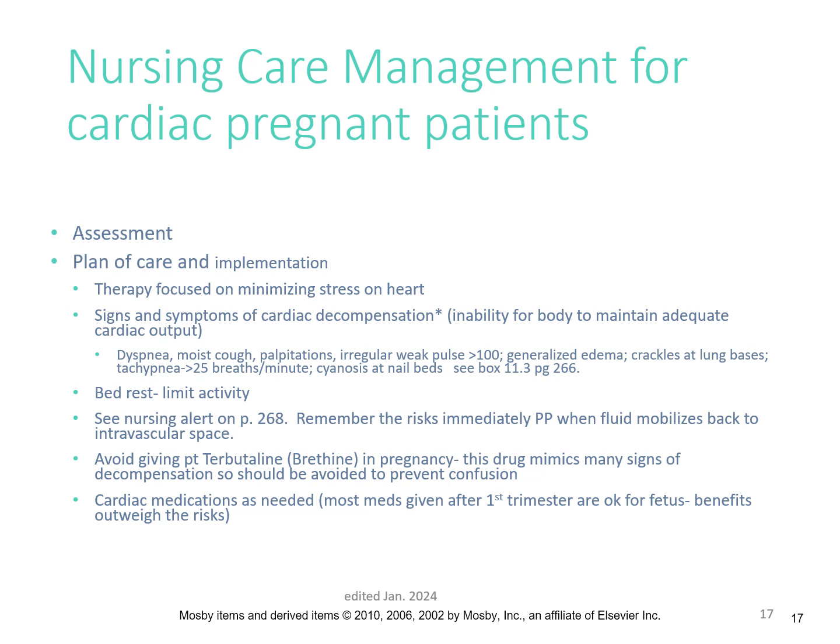There's a drug that we use in pregnancy called terbutaline, or Brethine is, I believe, the brand name. We use it in pregnancy for preterm labor, but we cannot use it for patients who have signs of cardiac decompensation, or that we're worried about that, because the symptoms look like the side effects of the drug. Terbutaline looks like cardiac decompensation. So they could just be having a side effect of the drug, tachycardia in particular, and we don't know if it's a side effect of the drug or if it's cardiac decompensation. So we want to make sure we avoid terbutaline/Brethine in our patients with heart problems, heart disease.